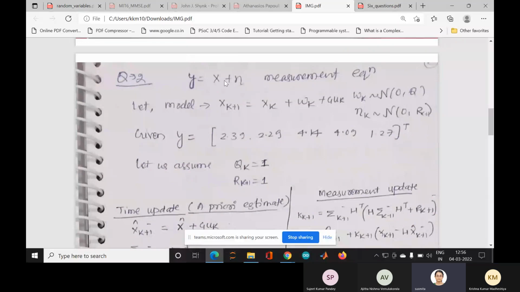Who told you that you have to assume q is equal to 1? You don't have any q here, no process noise. I have assumed a model also: x(k+1) is, I'm assuming a is 1, q is 1 and r is 1. You cannot assume q is equal to 1. No information is given, and moreover it's a perfect model. When the model is perfect, it is told that x is a constant. There is no ambiguity about it. It's a perfect model, so q will be 0. There is no process noise.